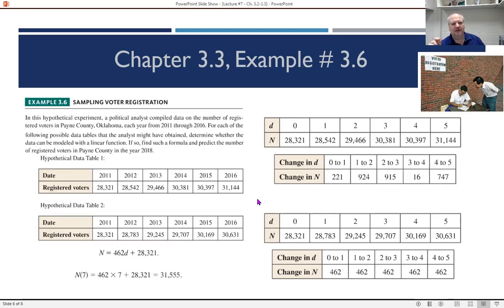If you were asking about the year 2018, which they say, if so, find a formula. Okay, there it is. And remember, we're using n and d instead of x and y. And now what happens in 2018? Well, we have already determined that D is the number of years since 2011. So if you want to know about 2018, then I think I need to find D of 7, right? Because it's since 2011. So what is 2018 minus 2011? And it's 7. So all you got to do then is just take,